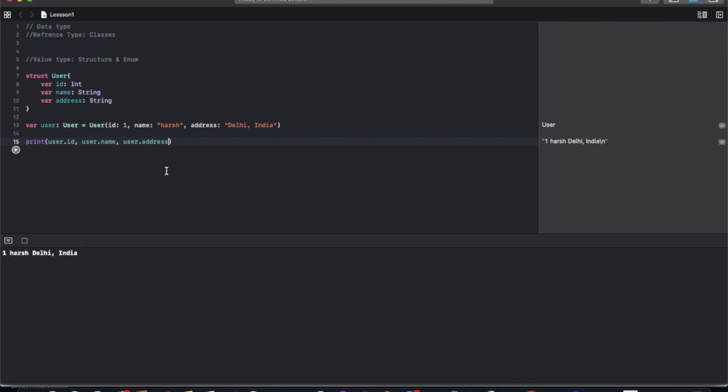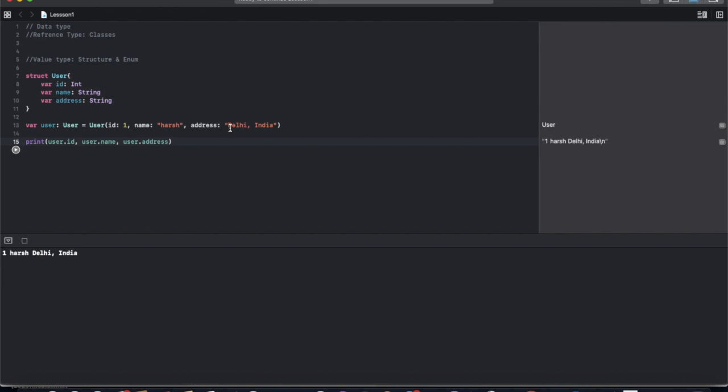So basically, a structure is a container which can hold multiple types of data, multiple values. If we are not defining a structure, we would have these things like a user ID, username, and address as separate values.